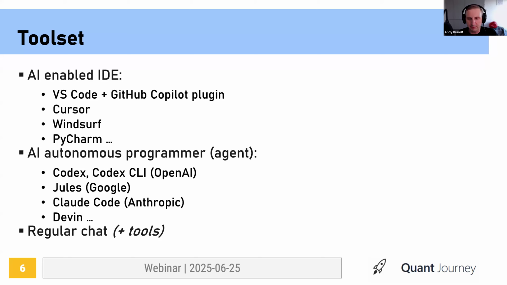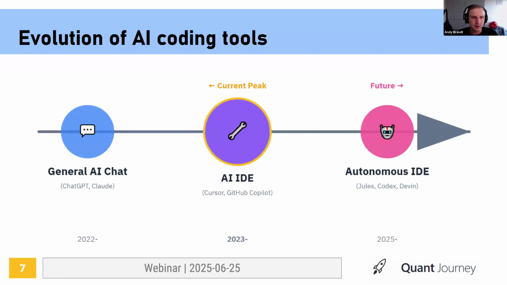I think they still have a place. Now, there is an evolution going on, obviously. So this is how it went from general chat through AI-enabled IDEs, and I would say this is the current peak power, through to autonomous IDE, which I think this year, maybe next year, will become more and more the tool of choice. It can be combined, by the way. You can combine the two. You can combine Claude Code and Cursor, for example.